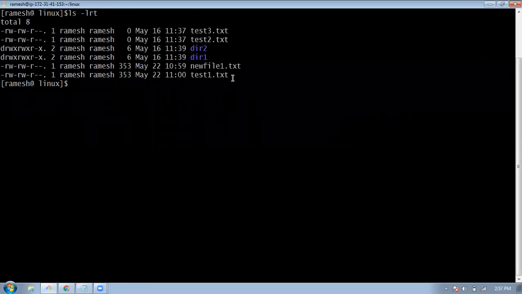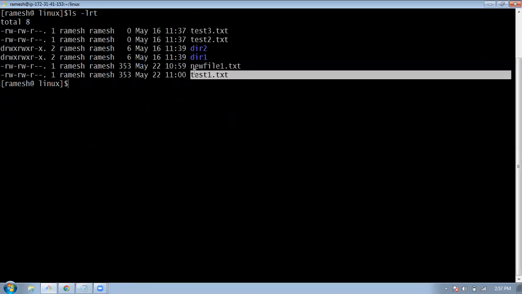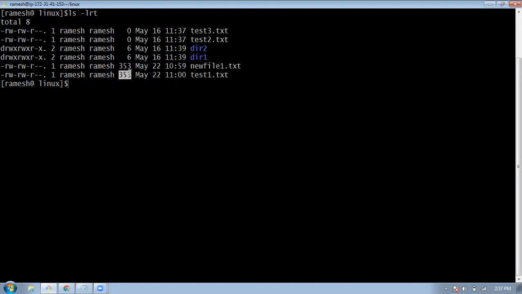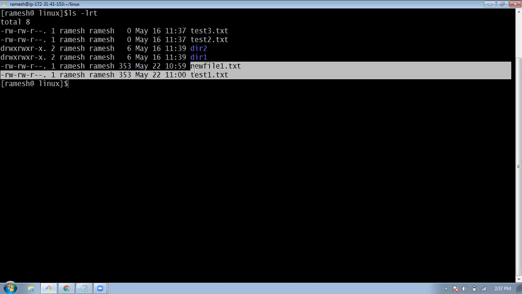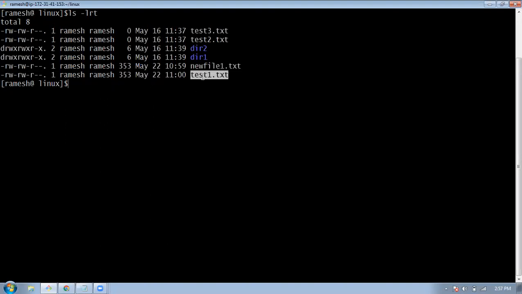Now how can I see the content of this file? There is a file here with some bytes of data inside, and these are 0 byte files, they're not having any data. But how can I open the file and see what is there in the file? You can use the cat command and then a space and your file name.